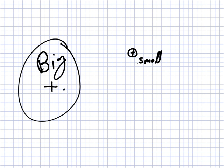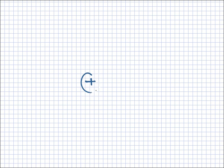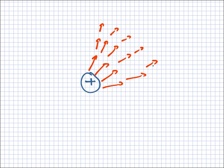Which way will it move? Yeah, this way. Now, imagine I bring it closer. What will happen? Well, it will move faster, won't it? So you could draw a bigger vector. If you try to picture what would happen everywhere, out here you would have small vectors, and then here bigger, and then here biggest. And this is called the